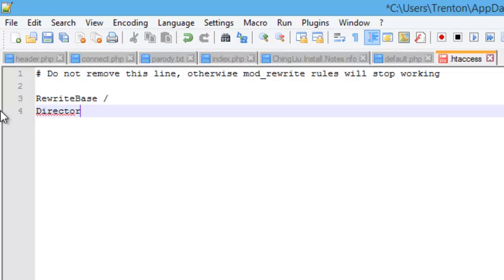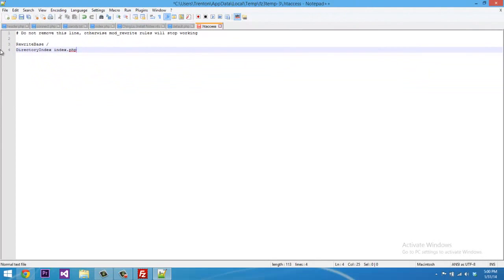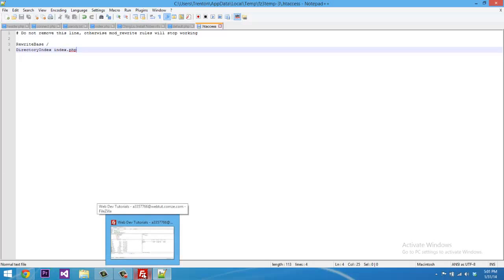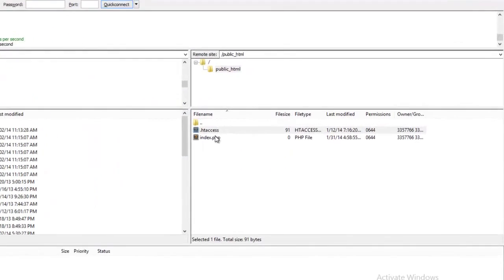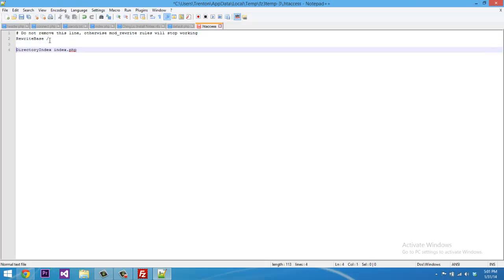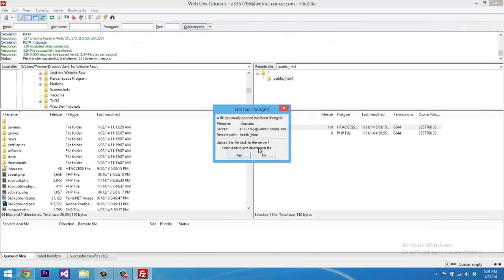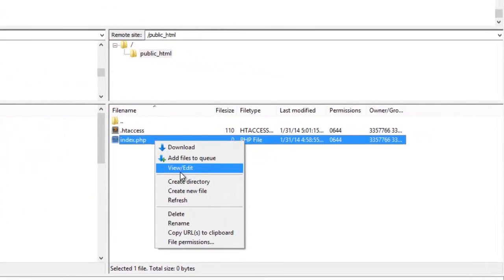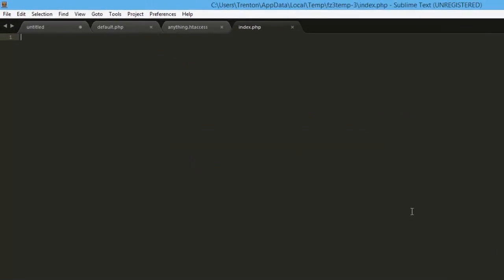Directory. Well, that's not how you spell it. DirectoryIndex index.php. So what DirectoryIndex does is, if you use an .htaccess file inside of a directory, and then you set the directory index using that htaccess file, it's going to set the default page for the website. Okay, save that. There we go. So it's going to set the default page for the base, or for the root directory, to